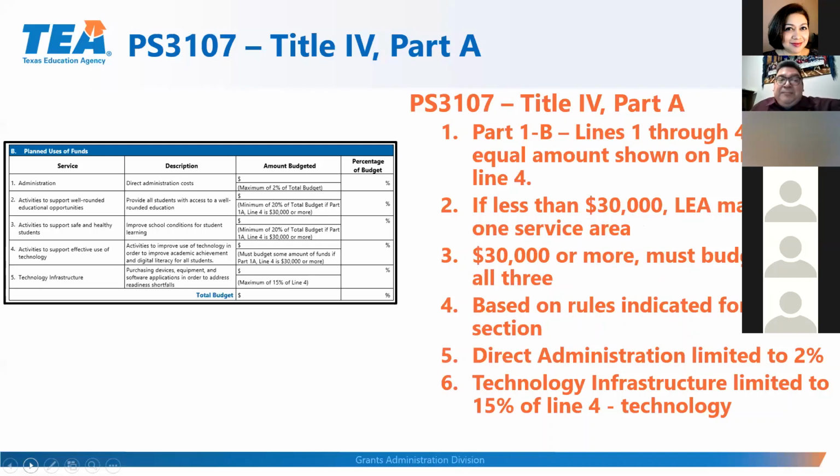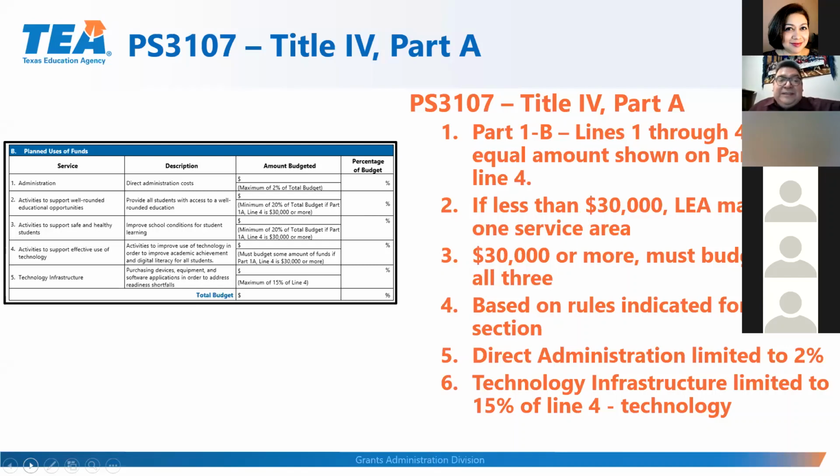And the next section is Part B, Planned Uses of Funds. We're following current statute because we don't have a waiver for 2021, so we're still using what's required in statute. If you're receiving less than $30,000, you can select at least one service area. You're not required to divide it up between all the different service areas of well-rounded, safe and healthy students, or effective use of technology. If you're receiving more than $30,000, which includes any transfers in,